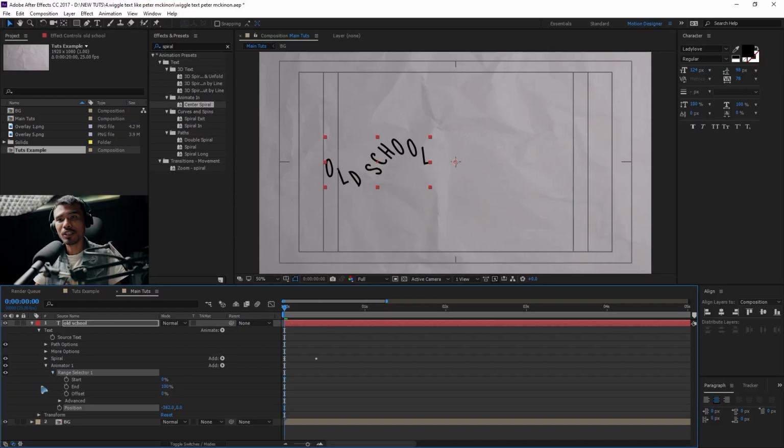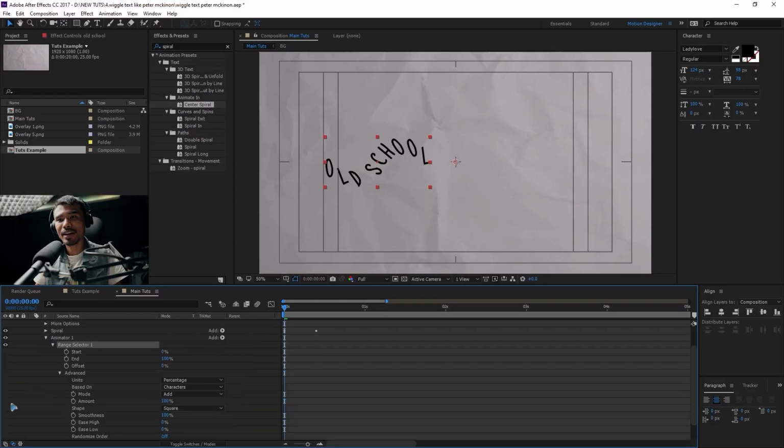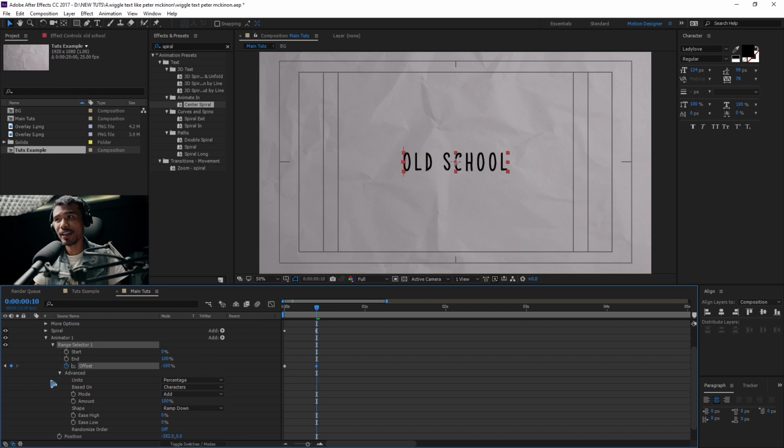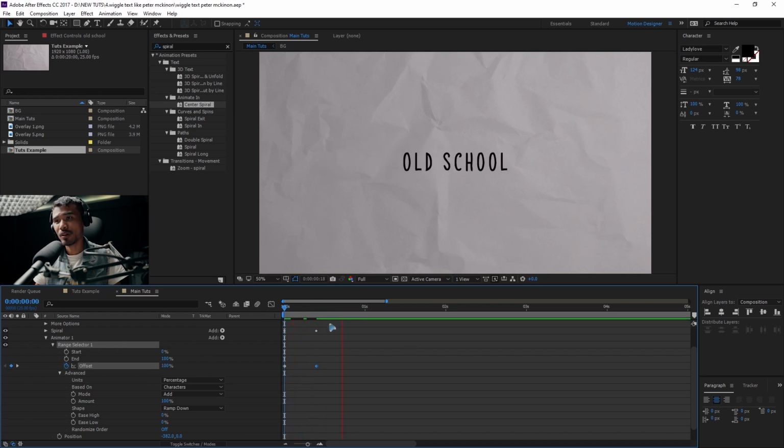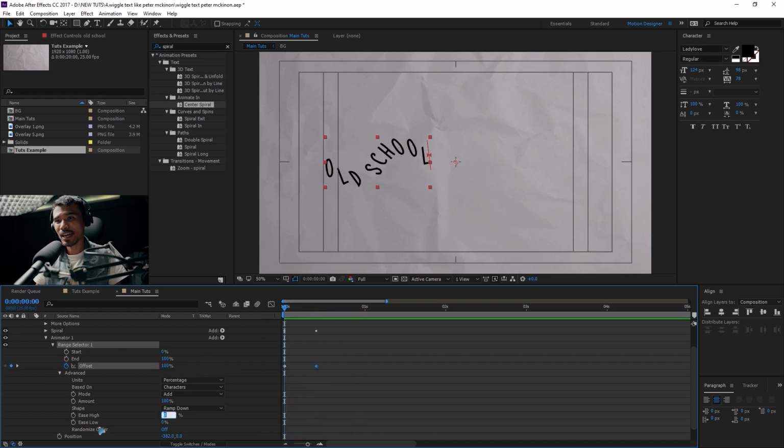So collapse this range selector, go to advanced, and this time I'm going to set it to ramp down and I'm going to animate this, right? So set a keyframe here, hold down Shift and page down on the keyboard and set this to a -100, and you have this. I'm going to set this ease high to 40 and ease low to maybe 60, and